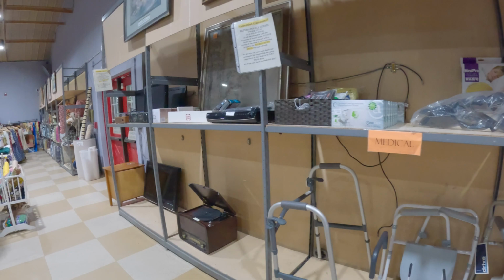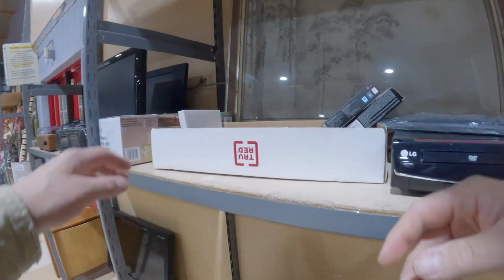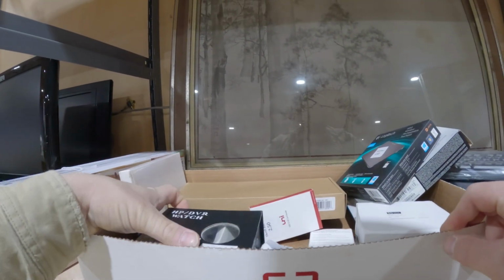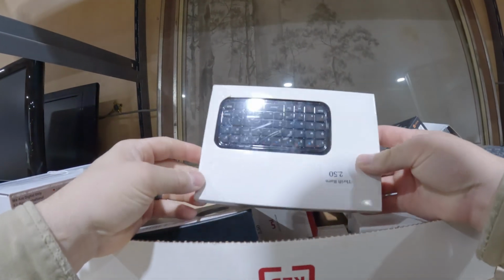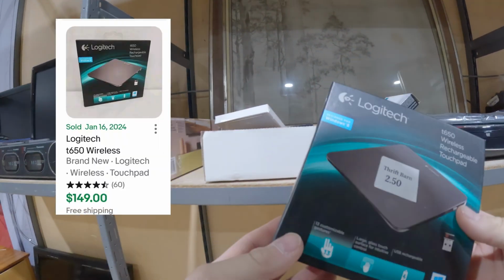Moving on to the electronics section, I'm really not seeing much, but I see this little box filled with little electronic goodies in it. Ended up taking a peek. It was just a bunch of random small electronics. They all looked new. Like this little keyboard here, it was only $2.50, but I see this Logitech